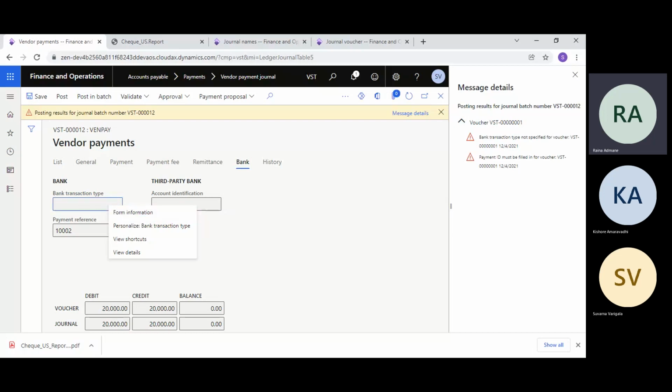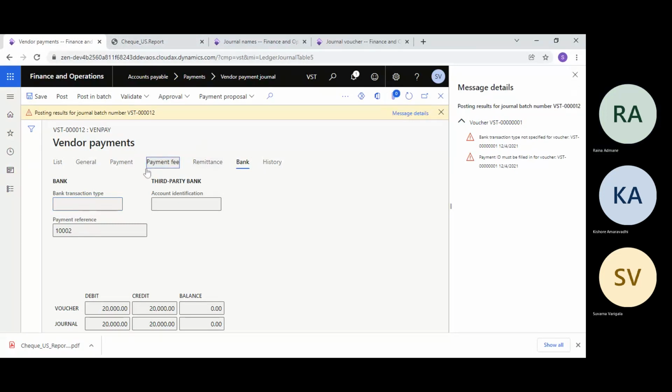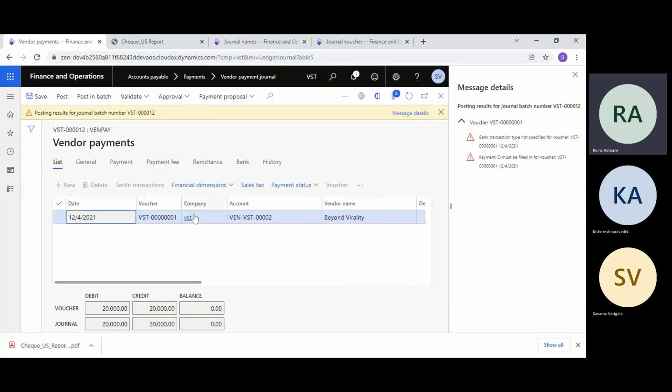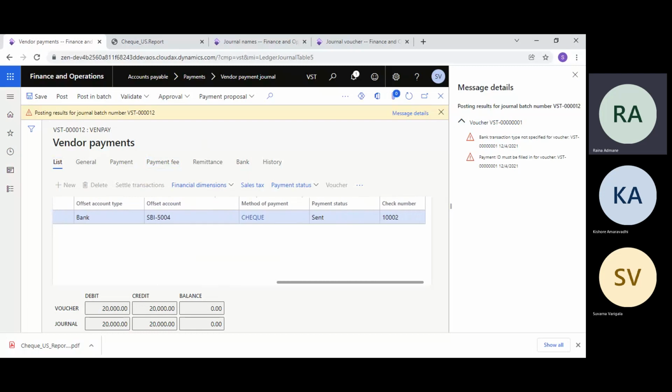So do one thing. Go to that bank setup and remove that mandatory part. From here only, go to the list and select that bank. Select the method of payment, that is check.